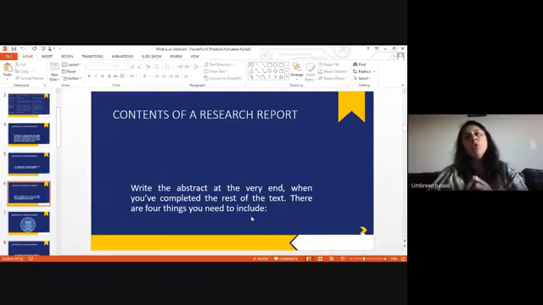So what are you doing now? You are selecting the most appropriate choice that suits your research. So if you write the abstract at the start, and you add that abstract in your research book,